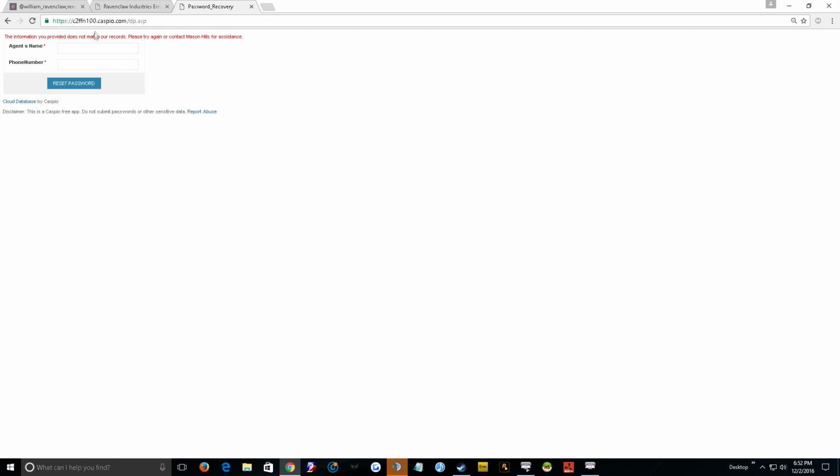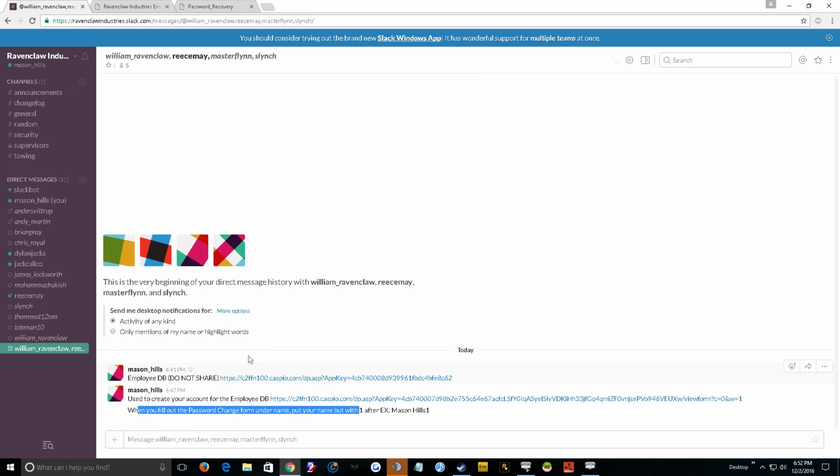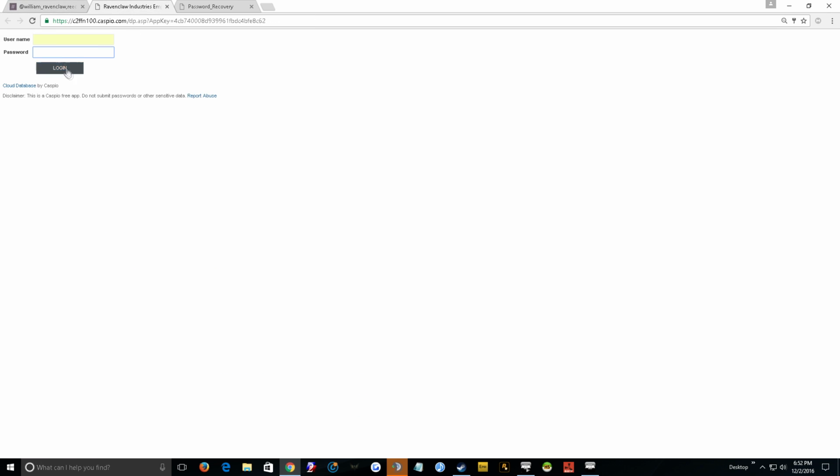It provides instructions. Afterwards, once you get that settled, you're going to open up that one link again, this one right here, and it's going to pop up the login screen. Now you want to use your custom login or your admin login. That's going to be your name but with the 1 afterwards. So in my example, it's going to be